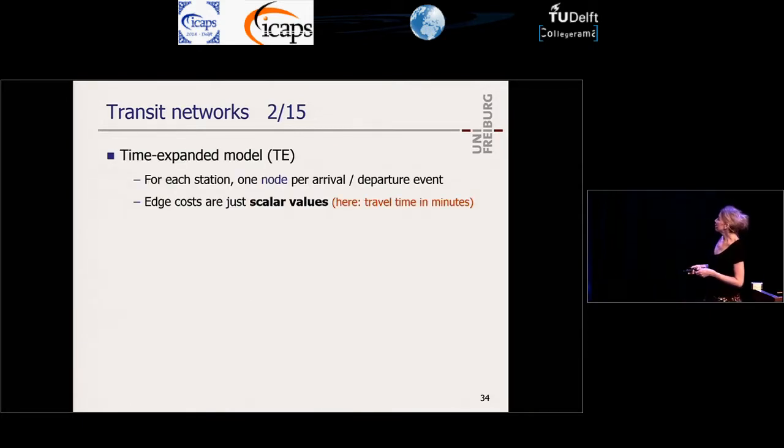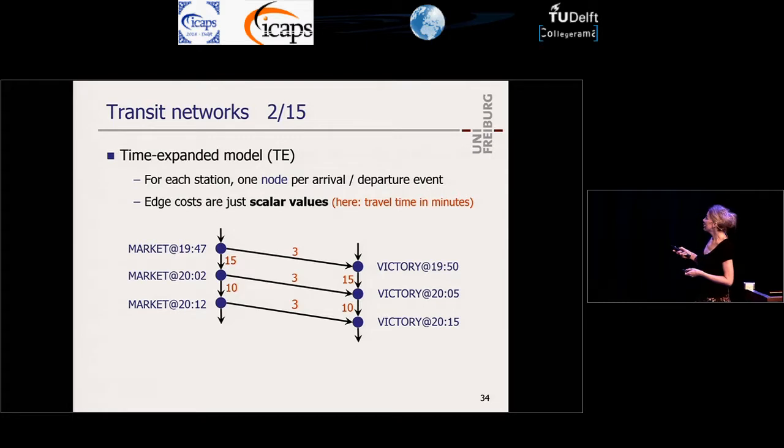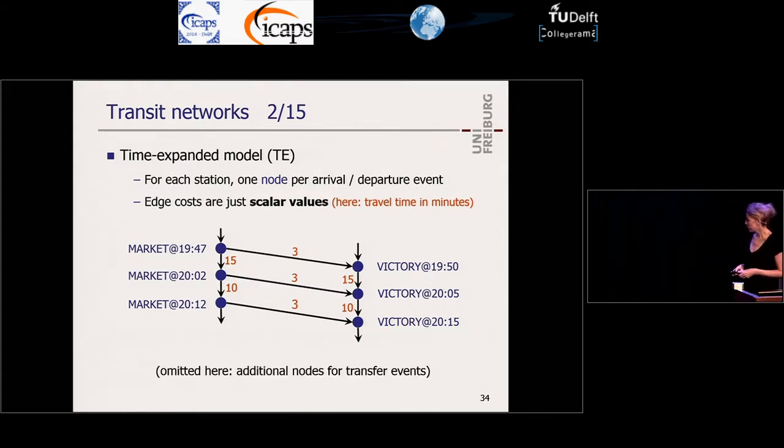So here's one way how to model this. It's called the time expanded model. For every event where some vehicle arrives or departs, you put a node, right? So here you have some bus leaving Market Station at 19:47, right? Takes 3 minutes and then you are at Victory Station at 19:50. Or you just wait till the next event here at 20:02, 15 minutes, and so on, right? So that's one way to model it. It's called time expanded model. This is more complex in practice. You also have nodes for transfers, which are not free, but then it just becomes a little bit more complex,